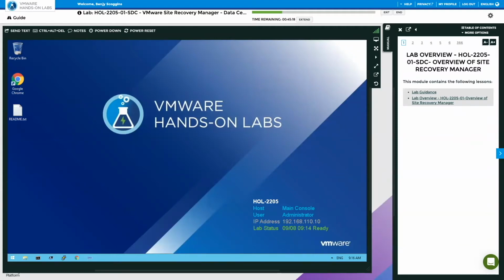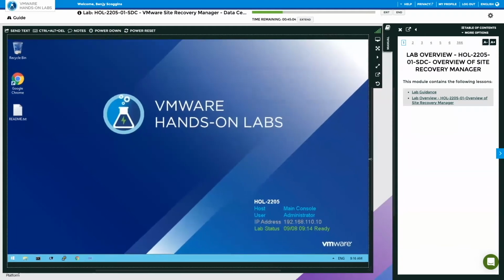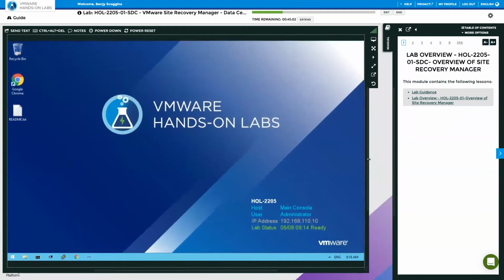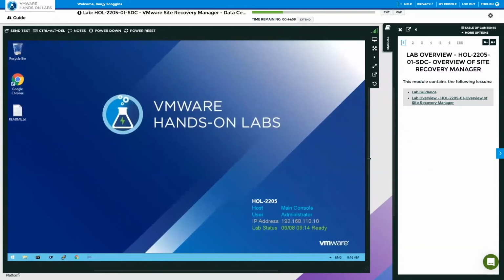So before we get started here, I want to provide just a little update on what we're looking at here on the screen. So on the left-hand side, we have our view of the console, and if we grab the side of this, this will allow us to resize this for whatever best fits the monitor that you're using. On the right-hand side,